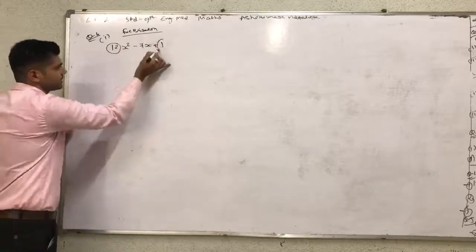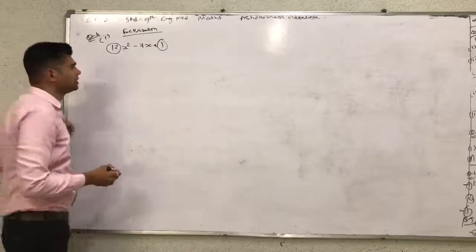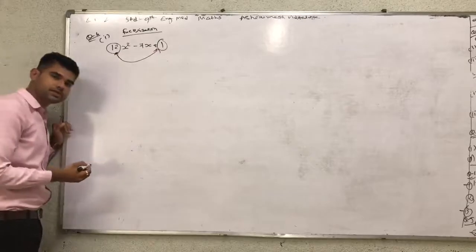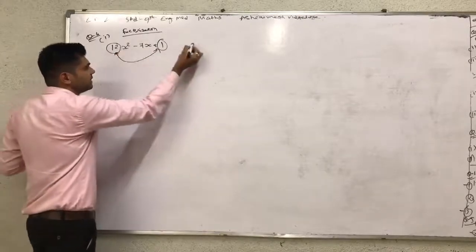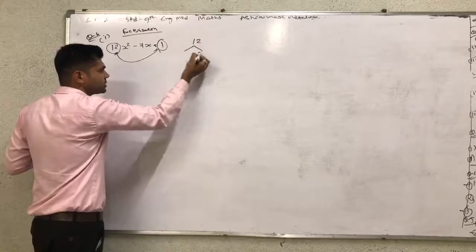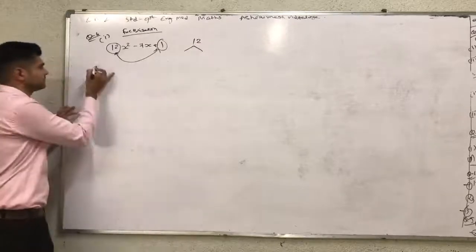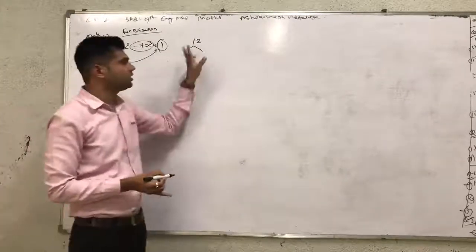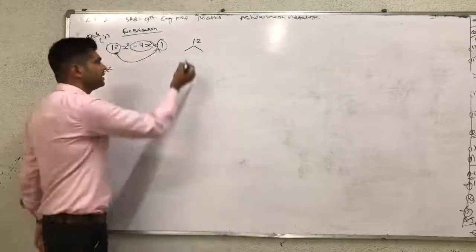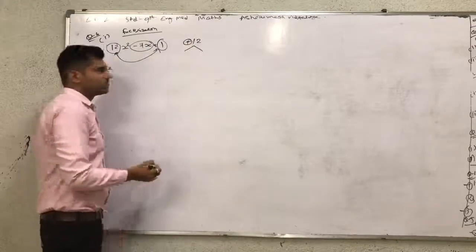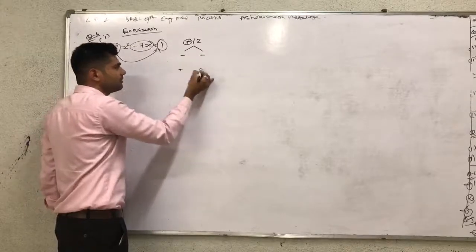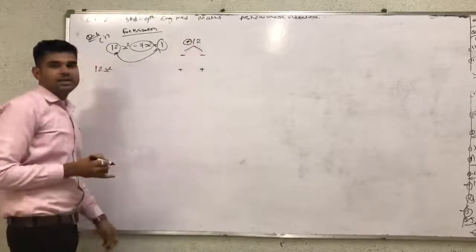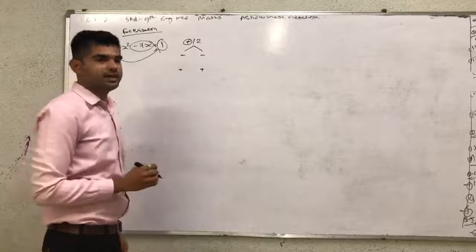So in the factorization method, first multiply the constant term and the coefficient of x square. The coefficient of x square is 12 and the constant term is 1, so 12 into 1 is 12. Now we split the middle term by using factors of this number. Remember that here the product is positive, so there are two possibilities: both factors positive or both factors negative. Here the middle term has a minus sign, so both factors will be negative.